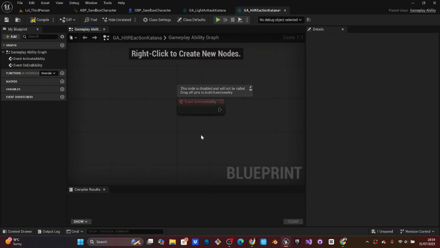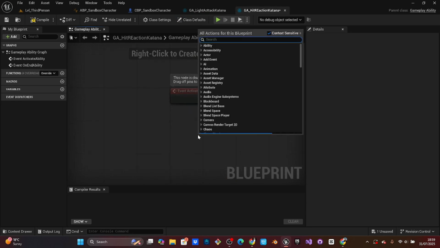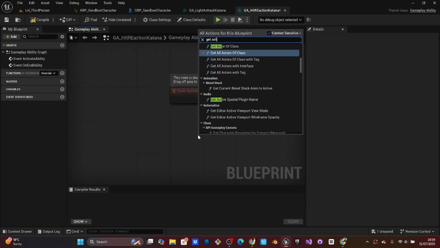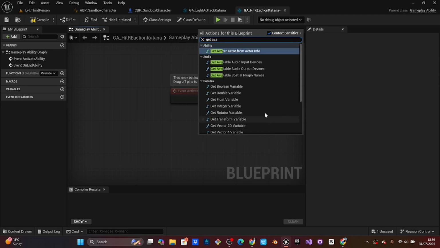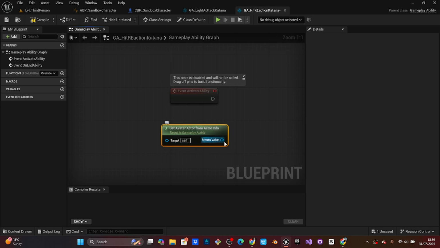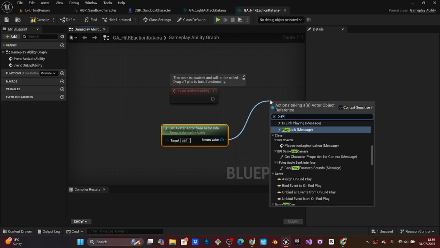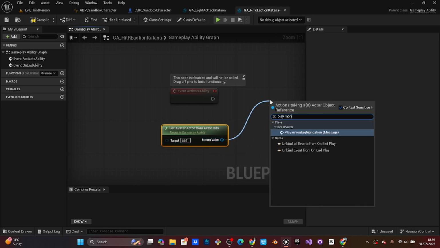Now we are going to use Event Activate Ability, Get Avatar Actor from Actor Info. Then we're going to play montage